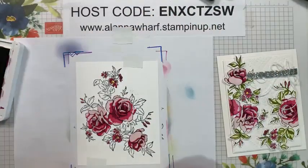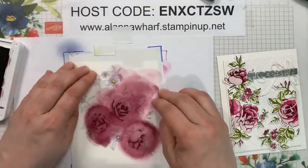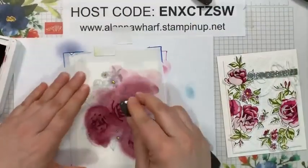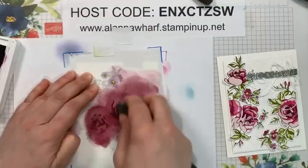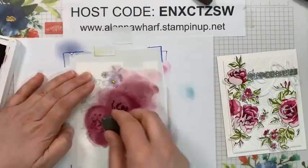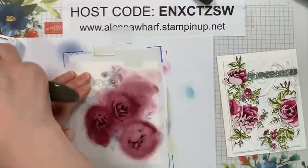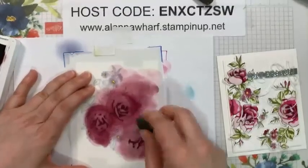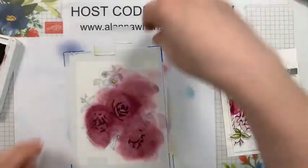There we go. I think I might even add a little bit more of the Blackberry Bliss. So the nice thing is I can just line that back up and go right back down. Okay. So we're going to go a little darker. I want a little bit more definition between the Blackberry Bliss and the Berry Burst, which was the middle color. And I'm just being cautious not to get this over the,